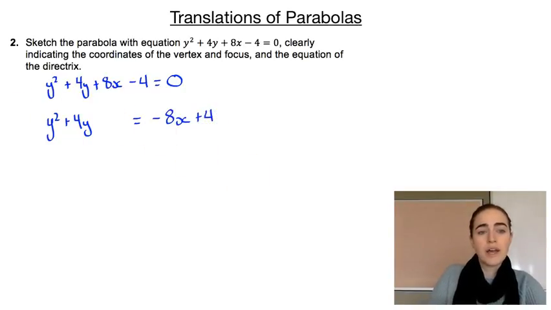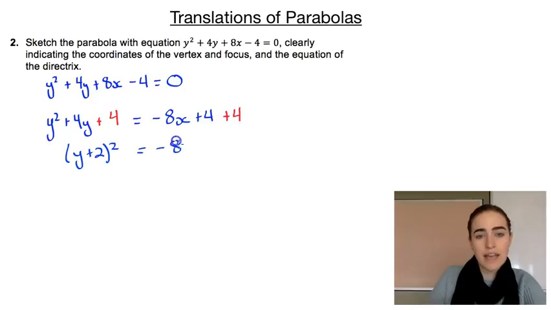So completing the square here, we're going to halve that coefficient of y, which will give us 2, and then we'd add 2 squared, which is 4. Again, we'd have to keep it balanced, so we'd have to add the 4 on the other side as well. So now, rearranging that, we'd end up with y plus 2 squared equals minus 8x plus 8,